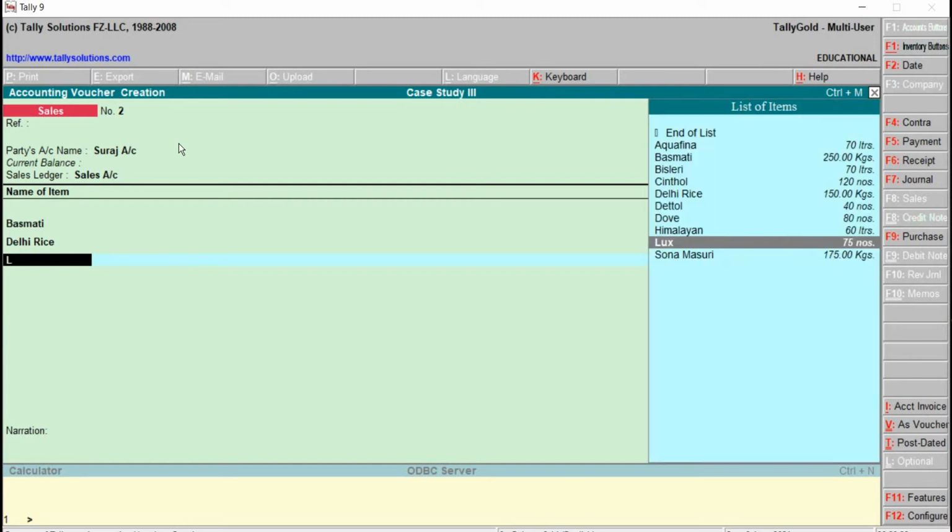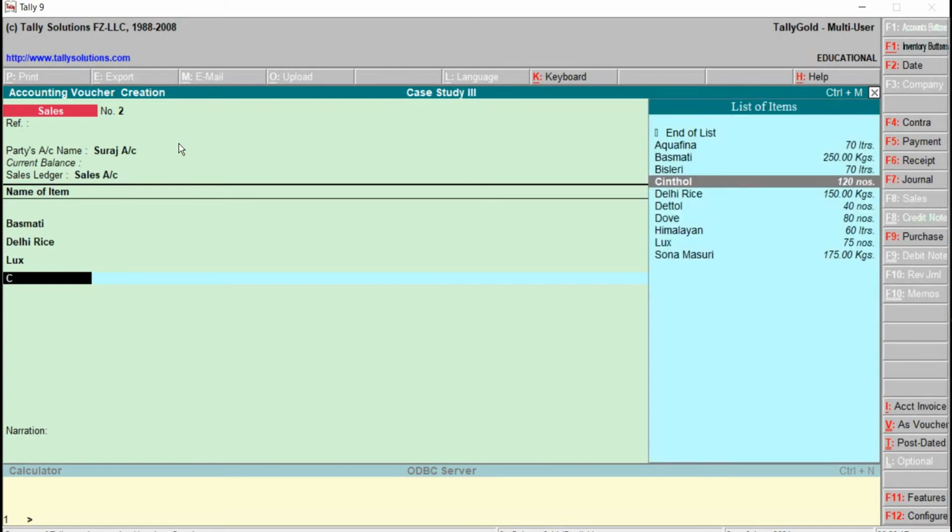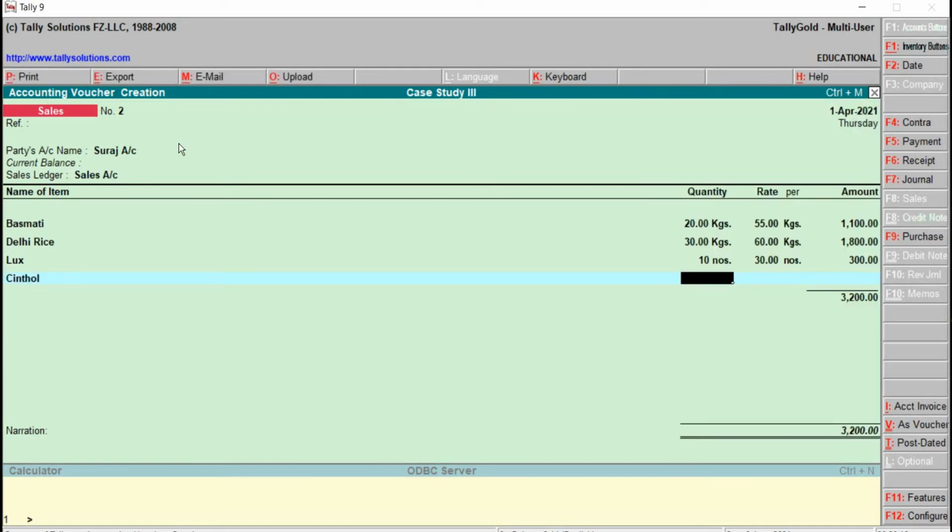Next one, Lux, quantity is 10. Amount is 30 rupees. Next one is Synthol. Quantity is 15. Rate is 22.